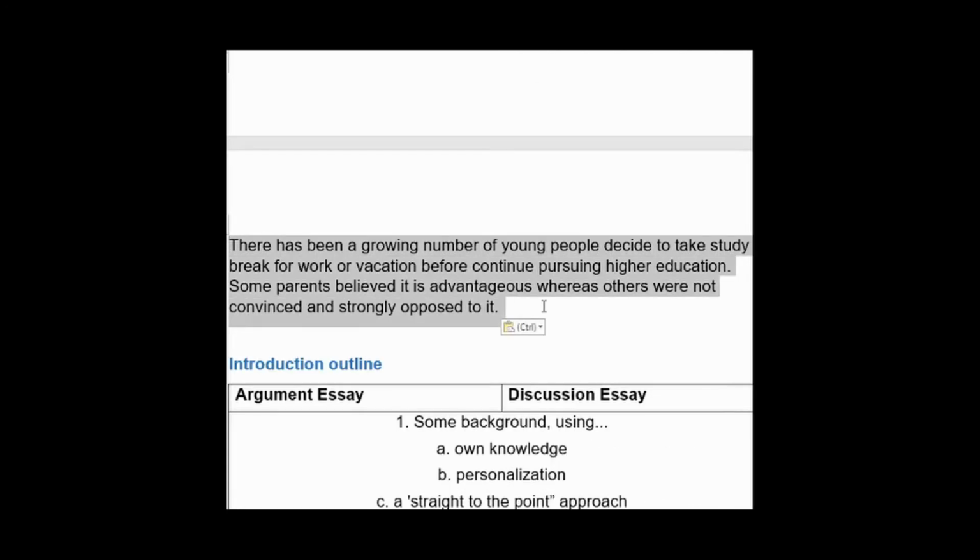All right, so let's have a look at the first paragraph, our introduction. There has been a growing number of young people decide to take study break for work or vacation before continuing pursuing higher education. Some parents believed it is advantageous, whereas others were not convinced and strongly opposed to it. Now, for the time being, I'm going to ignore the grammatical mistakes there. Actually, this is not a bad introduction,